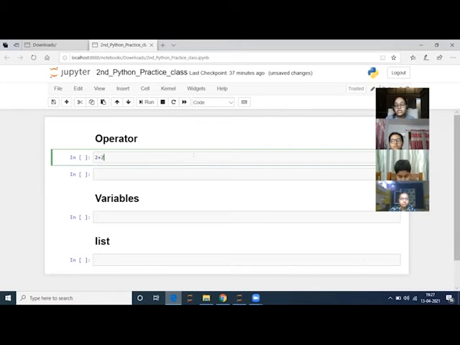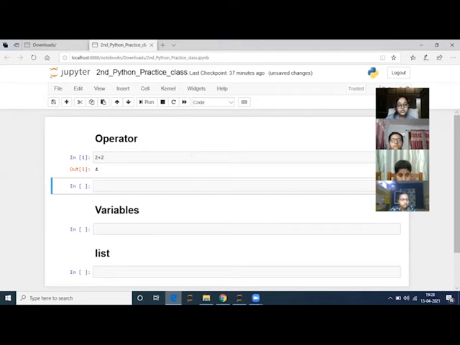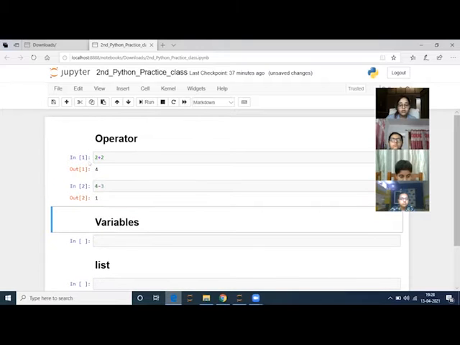Yes. I was discussing the operators, basic maths. We did some operators last class also, but today we're discussing basic operators like addition, subtraction, multiplication. We will know the syntax and we will add a few more operators which we generally do not use in maths, but we can use them directly in the Python language. See, first 2 plus 2, we all know it's 4. Let's see whether the machine knows it or not. So 2 plus 2 is 4. Then in the same way, for example, 4 minus 3, which should be 1. Works good.